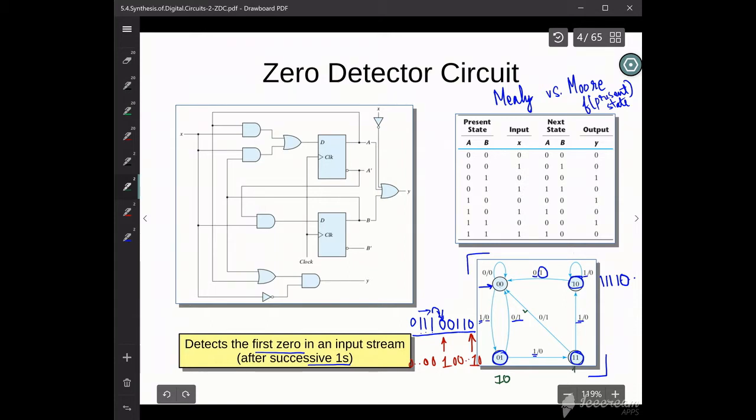If there are two 1s and a 0, the output will be 1 here, right? So after 1 1, the output will be equal to 1, and if there are 3 or more 1s and then a 0, then this is the edge that describes that output. Also, at any state,